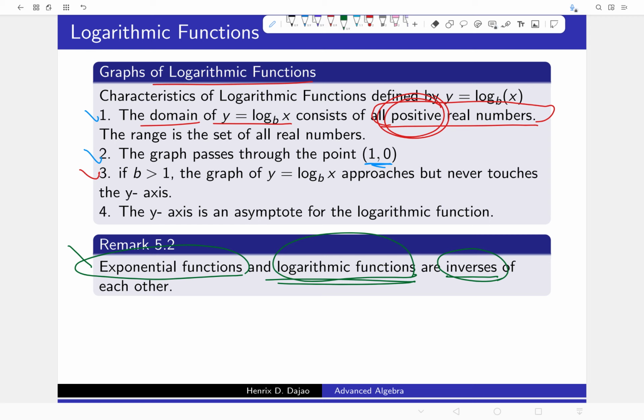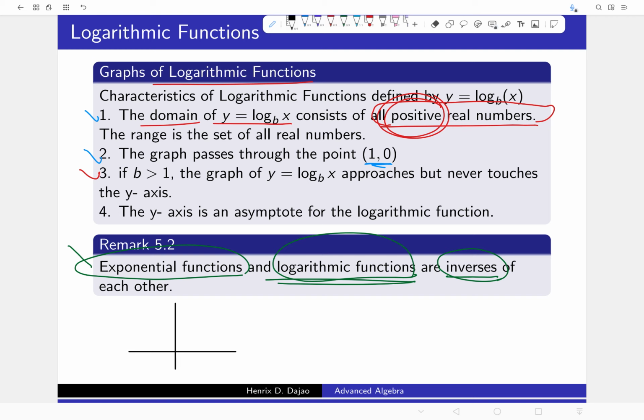So when one function is the inverse of the other, when you graph that function, it is actually a reflection with respect to y equals x. So the graph of the other function is a reflection with respect to y equals x. Now, for example, we already knew